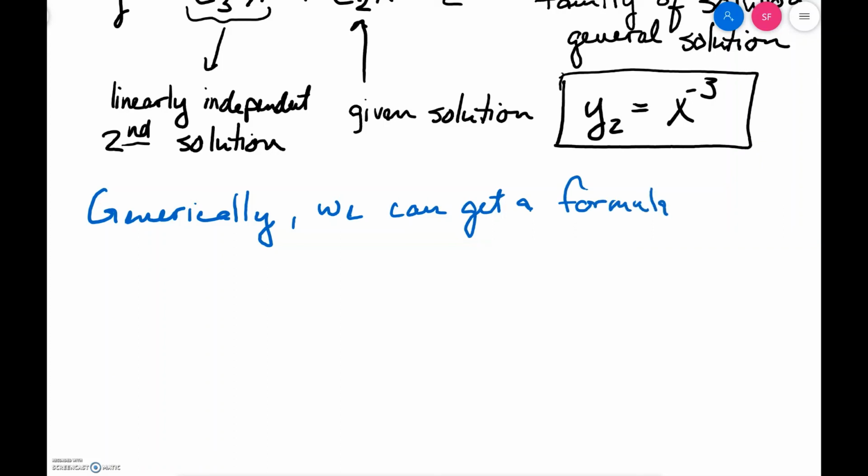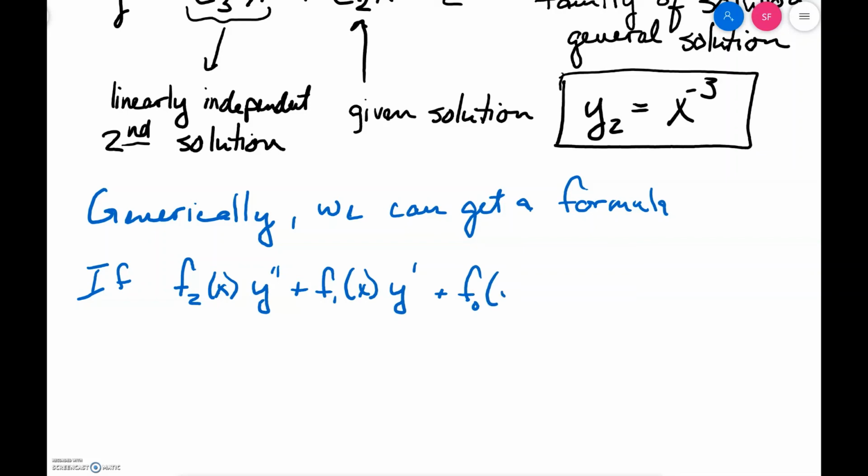And so if we have some function of x with the second derivative and a different function with the first derivative and a third function with y,